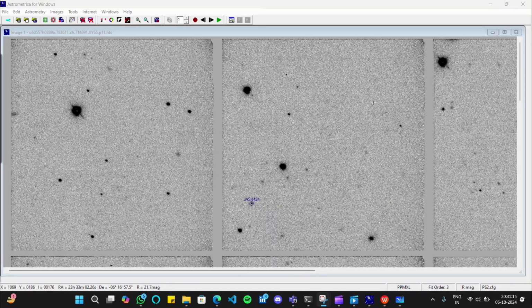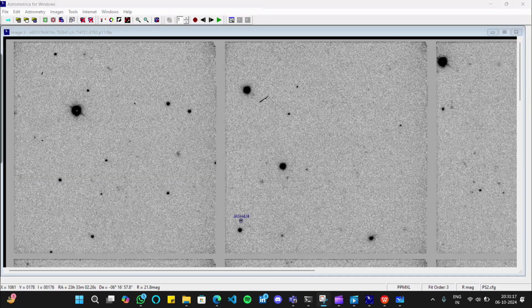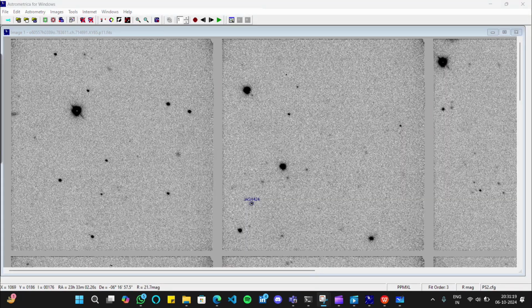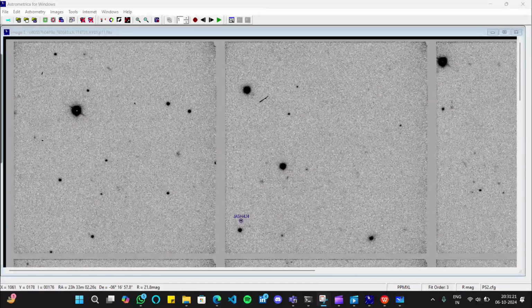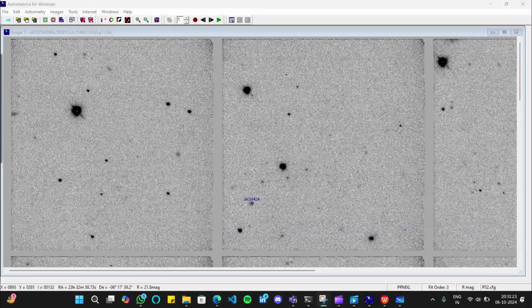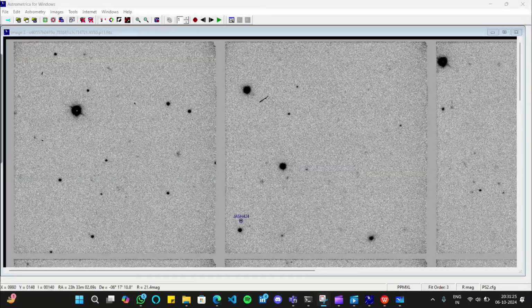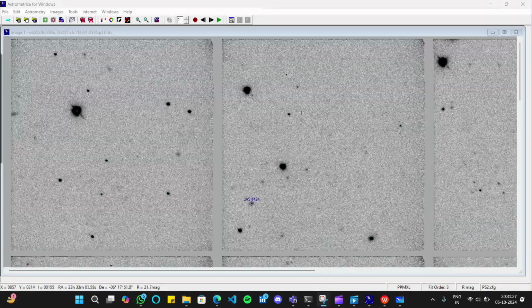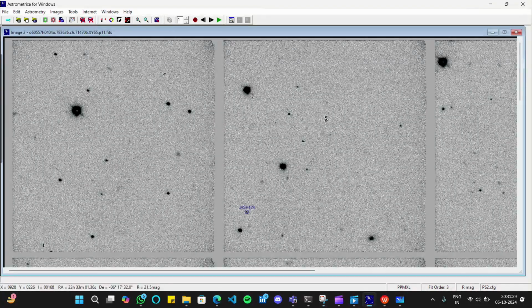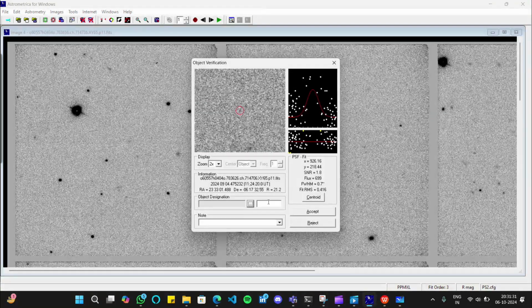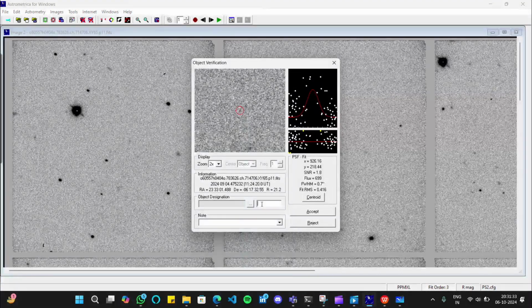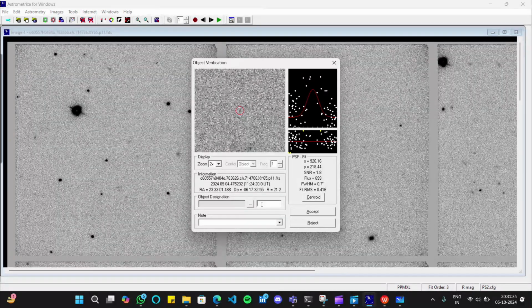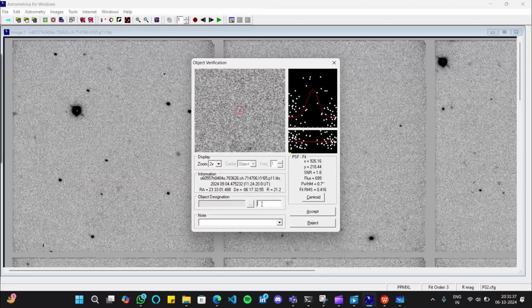Suppose you don't find any moving object which satisfies those properties and no asteroid is found. So what to do next? You do one thing: you click on any of the images, anywhere in the image like here, and give it any name, whatever name you want, satisfying the rules and regulations.